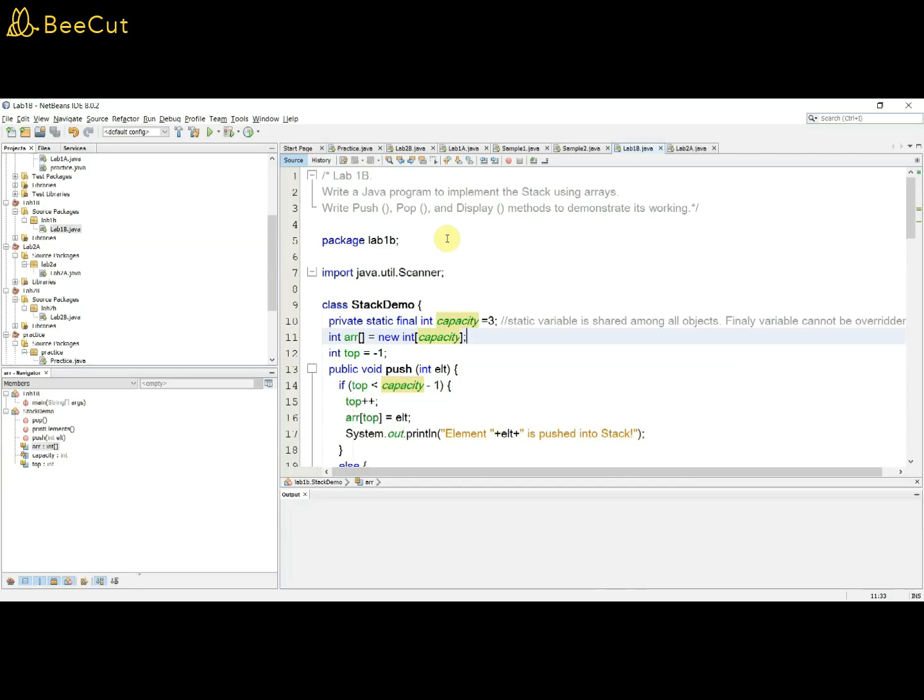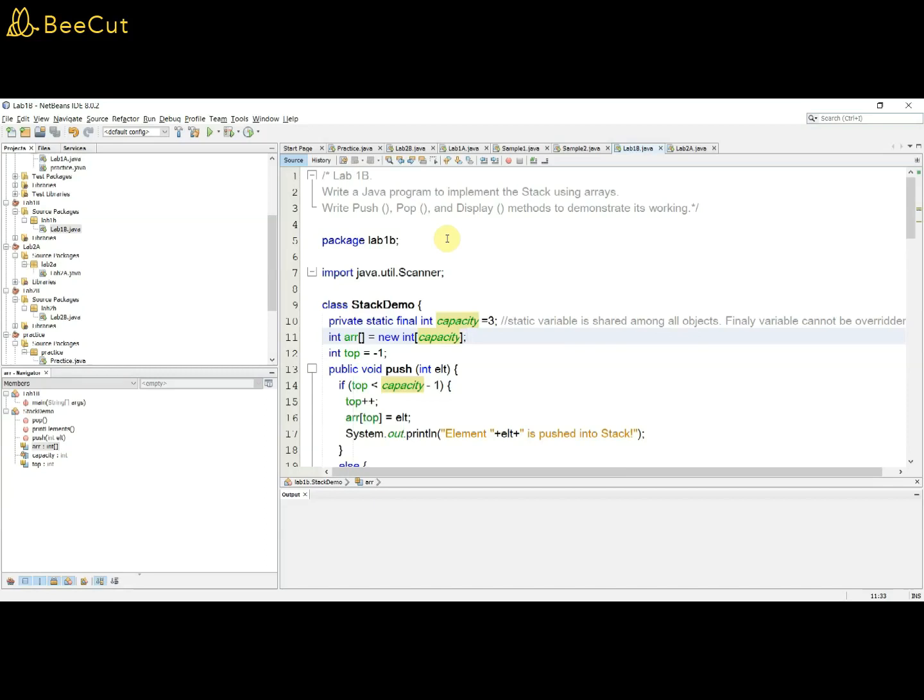Since array indexing starts from 0, the index we use to point to this stack should be initialized to -1. So we need to incorporate the push operation, pop operation, and the display method to demonstrate its working.